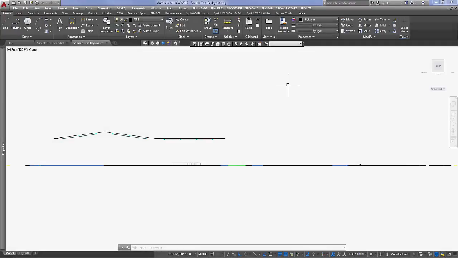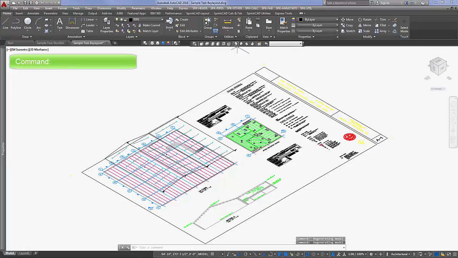Now we'll insert the solid model. We do this now just to point out that you can do it pretty much at any time during the life of your design. The command is insert solid model,